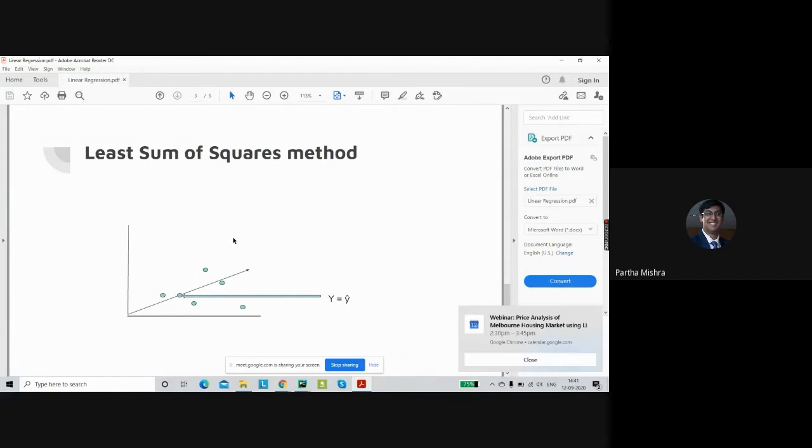One is called the training set, and the second is called the testing set. The training set, as the name implies, is used for model building. When we give this data to the model, the machine will interpret the relationship between the variables.